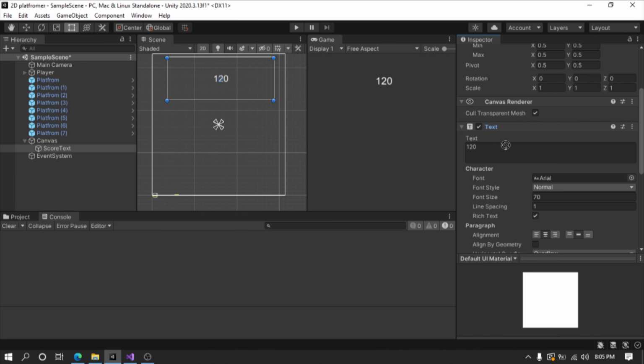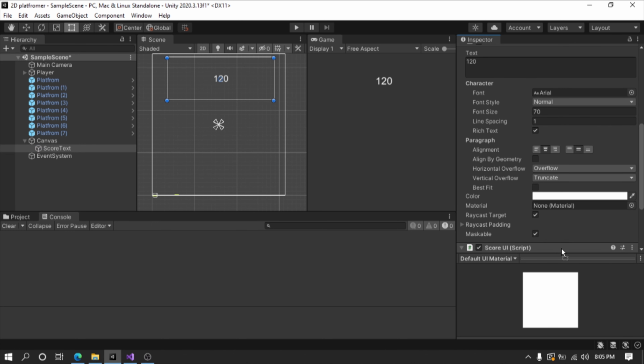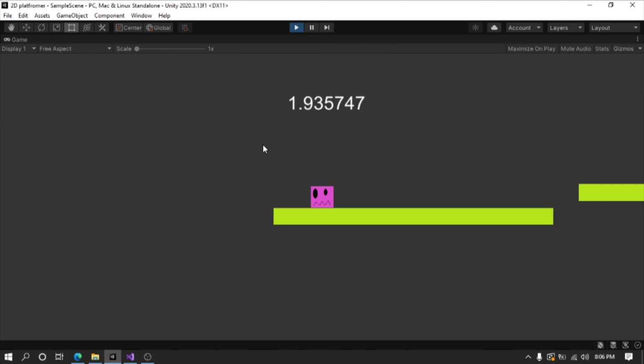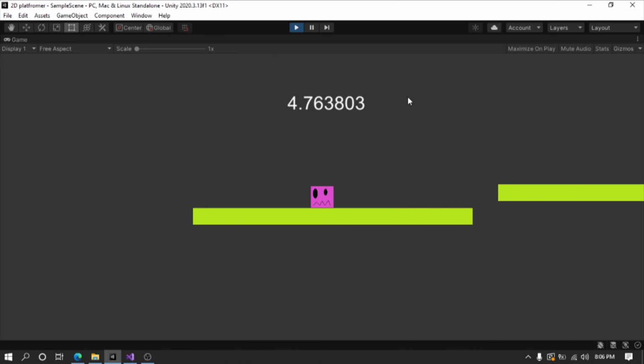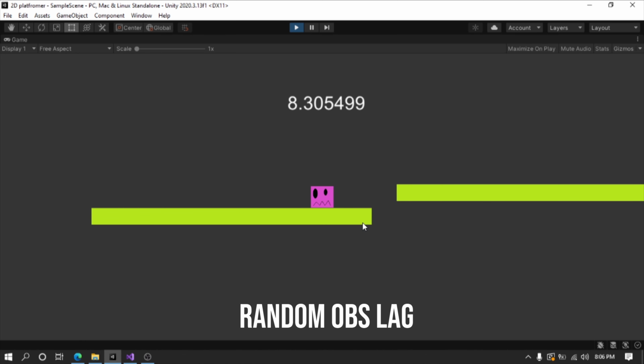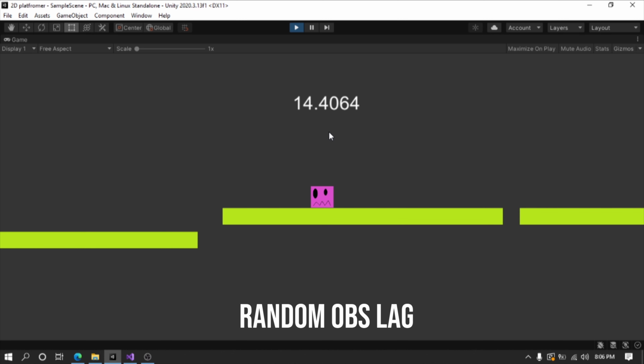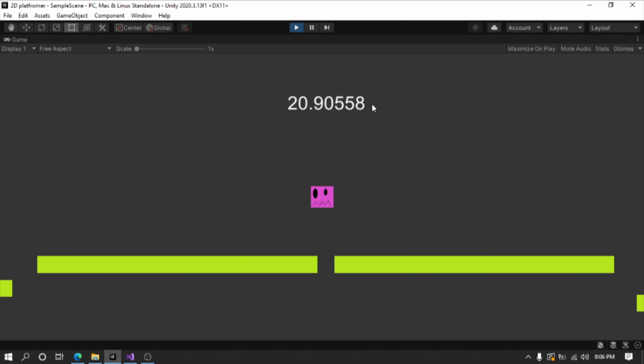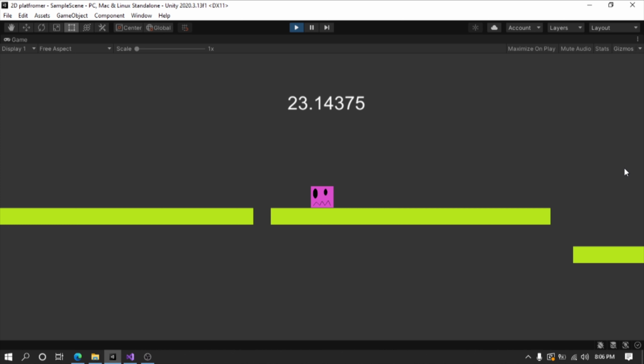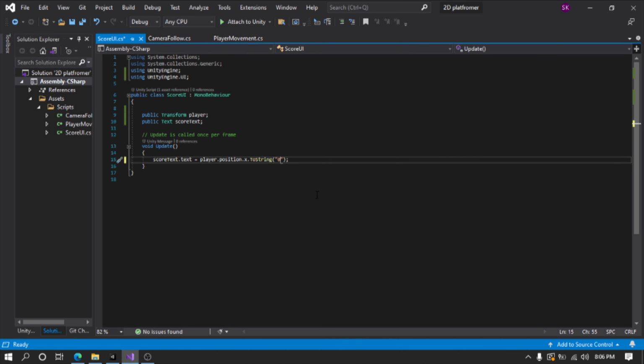And now in the score text, if I just reference the Text component here and play the game, hooray, you can see the text is updating, but it's updating with a very precise float number. Because we don't need that much precision in our score text, we can just work with a whole number here. After the decimal places we don't need anything. So it's a very simple workaround. In the ToString parentheses, open and close quotation marks, and in the quotation marks type 0. That will solve the decimal places problem.